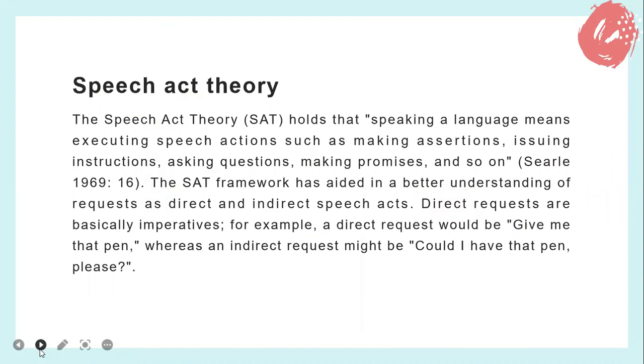The SAT framework has aided in a better understanding of requests as direct and indirect speech acts. Direct requests are basically imperative. For example, a direct request would be "give me that pen," whereas an indirect request might be "could I have a pen?"